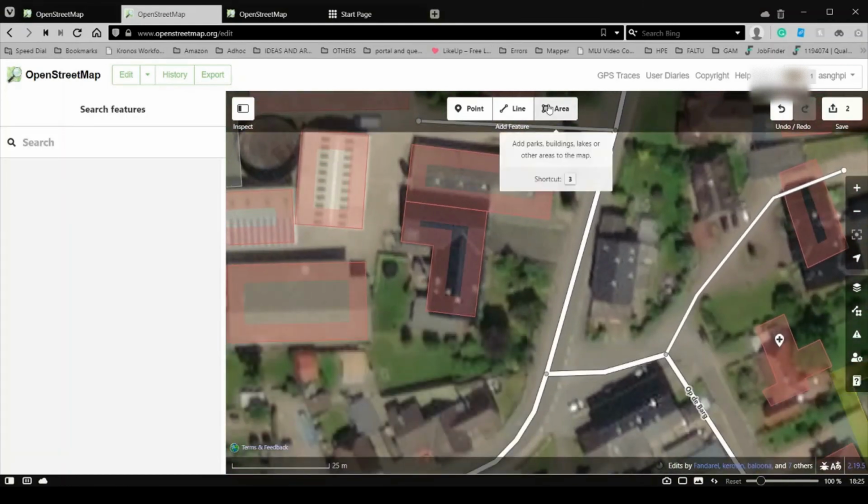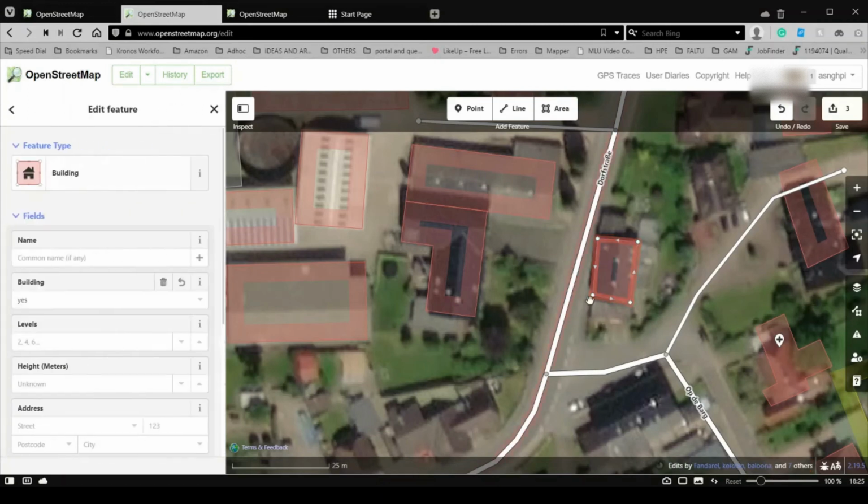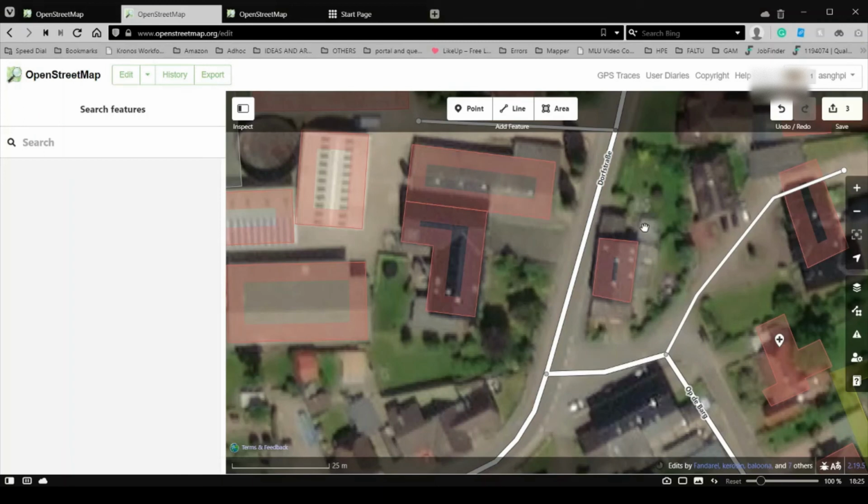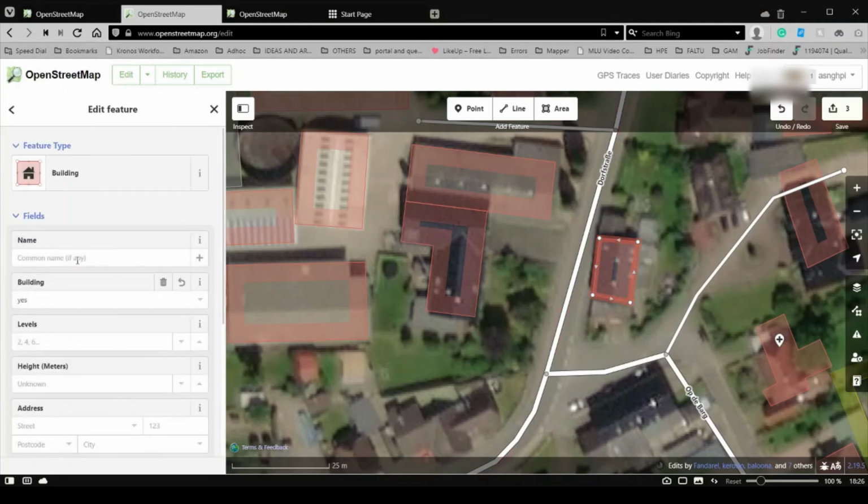How to map an area in OpenStreetMap. An area can either be a park, a building, a lake, a forest, or any other number of things. It is up to you to define on the map. Just as with points and lines, click on the area button at the top of the editor. It will turn blue to let you know that it has been selected. Once you have done that, select the edges of the building or feature that you want to define. Just click on the corners and the editor will fill in the space in between. Once you have fully outlined what you want, double click on the last created point to complete the area.